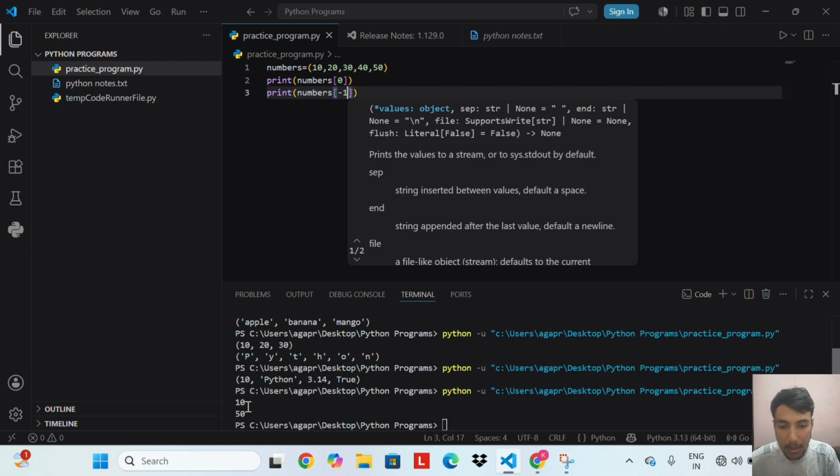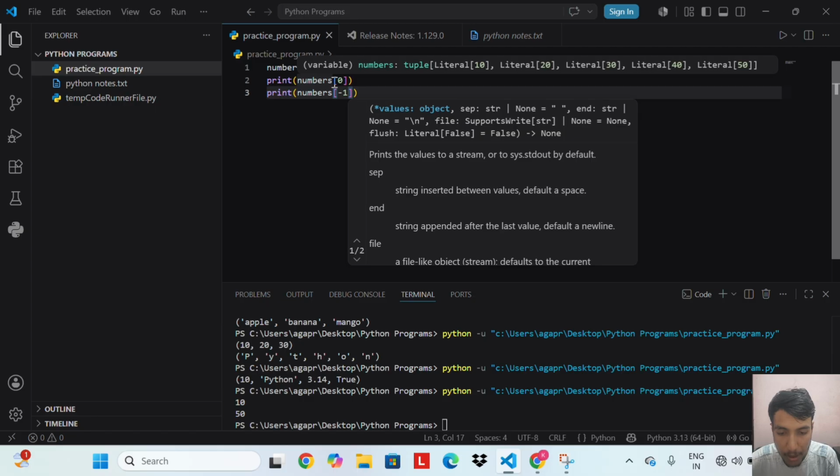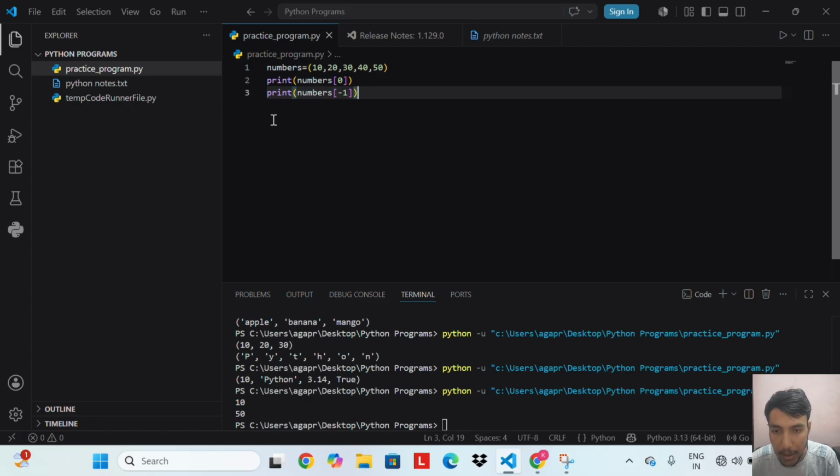Tuple indexing works exactly the same as list and string indexing. Positive indexing starts from 0. numbers[0] is 10. Index 1 is 20. Index 2 is 30. Index 3 is 40.